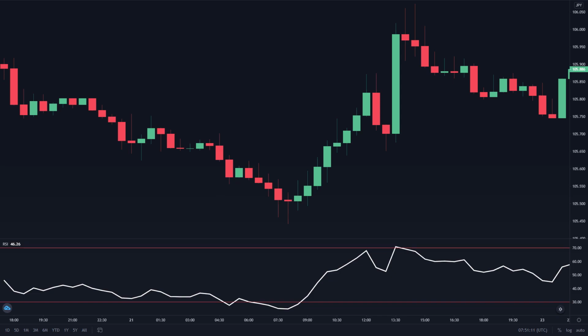So I just revealed to you the best strategies that you can use with the RSI indicator that you can